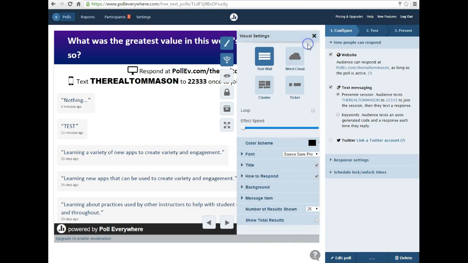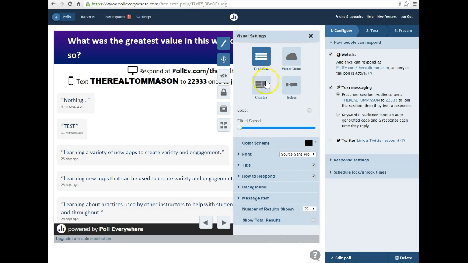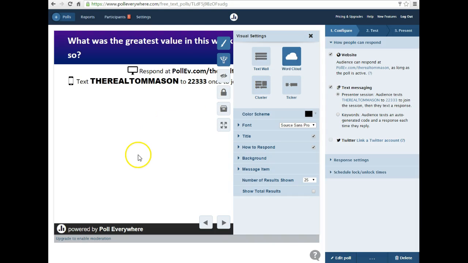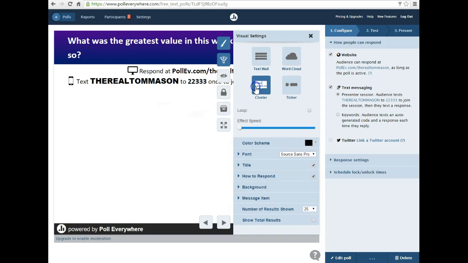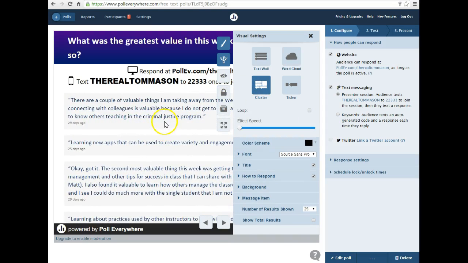So other things I can do is I can change the format. However I want to see this poll, I can put it in different ways. This word cloud is really not useful to me. Now, if I had words that I put up there and I said, select the top three terms on here related to, let's say, automated transportation vehicles, then I could put a list of words up here and see what the three most popular were, and I would be able then to cluster the information that I got back in the responses